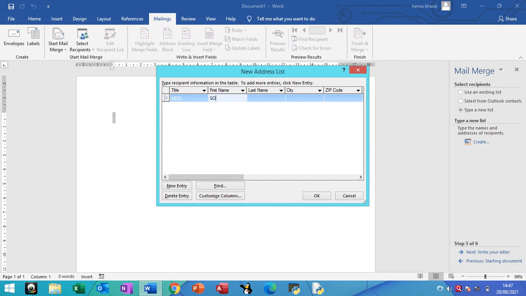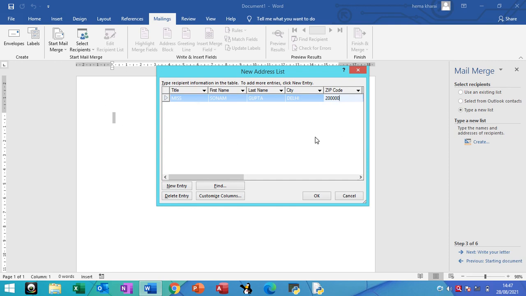I'm writing first name Sonam, last name Gupta, then come again, press on tab key, city you can write Delhi, then zip code, you can write 6 letters of zip code. So I don't know what is the zip code of Delhi. 1 2 3 4 5 6, I hope 6 numbers are there.